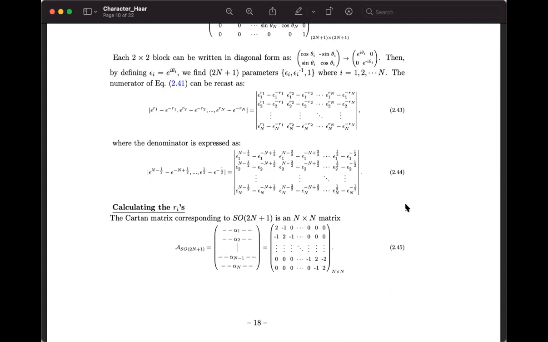So before that, we need to calculate the Cartan matrix. As we have noticed earlier, if we go back to the chapter where we discussed the Dynkin diagrams and the Dynkin labels for the SO(2N+1), then you'll see the Cartan matrix is given as an N by N matrix in this particular form. And this is very similar to the SU(N), but now the last element is basically the difference. Basically the single line, the last two blocks are connected by two lines, right? Okay.